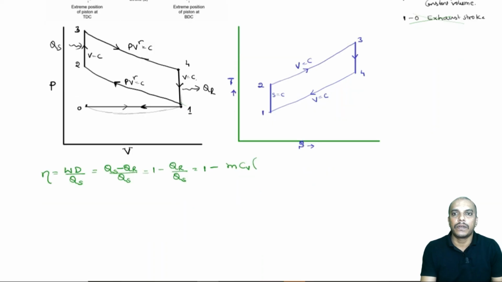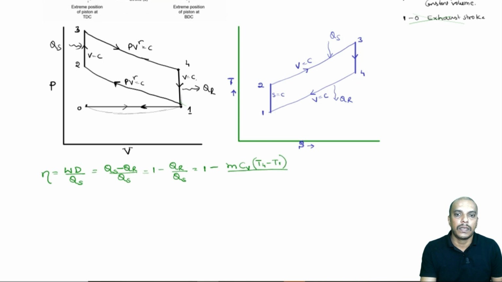Now here we can see mCV, QR is here, right? I mean between 4 and 1. So this is where our QR is, this is where our heat supplied is. Now highest minus lowest is what we need to do. Now if you see the temperature plot here, this is our highest temperature, this is our lowest temperature. All right, T4 is highest, T1 is lowest. So I just want to make sure that we are substituting positive here. So mCV (T4 minus T1)